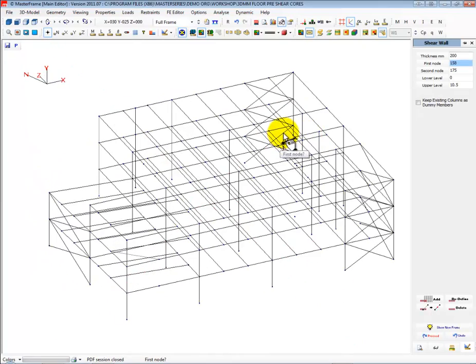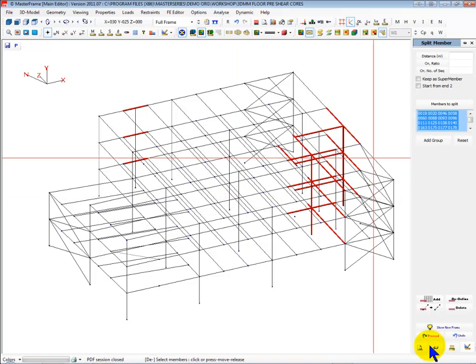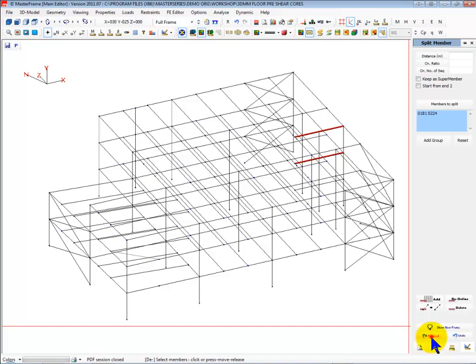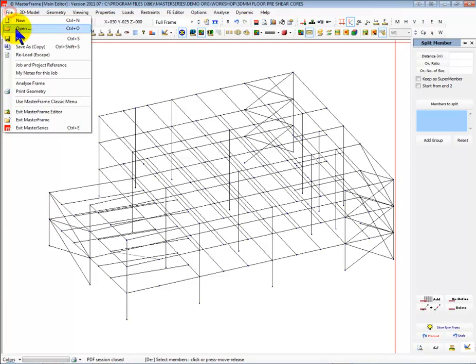Now, if I take another frame, it is asking me to do an auto split, and I would say proceed on that automatically. So it's now repaired that. If I take a different frame,